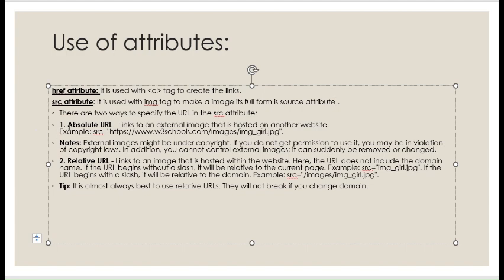The first is the absolute URL, which links to an external image hosted on another website. Note that external images might be under copyright. If you don't get permission to use it, you may come under copyright laws, and penalties will be applied. So I suggest you use a relative URL,